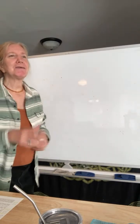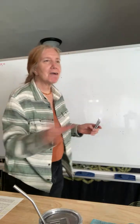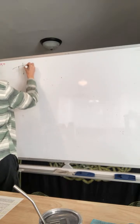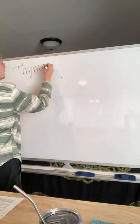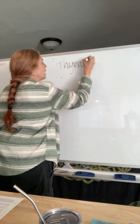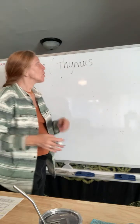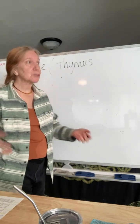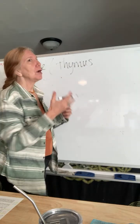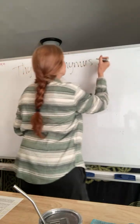We have all sorts. I have thyme that I just harvested, and we have essential oils, and then we have the tea. We have just all the thyme. This is a fun one to learn about because it's so common. I use it all the time. I don't know much about it. It's so common. Everyone has access to it. It grows so easily, and it's so valuable. So by the end of this class, you're going to be like...